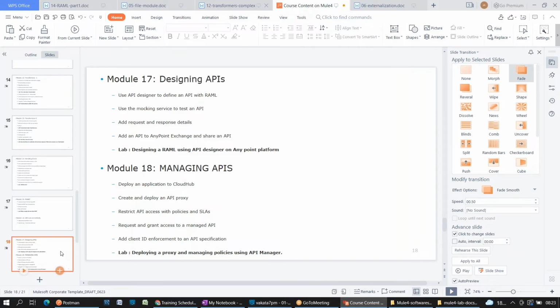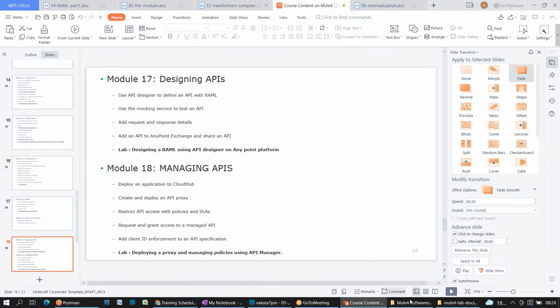Here we are going to talk about one banking application at the end. So we have some requirements from the bank in a text format that we are going to design. Design means what? Creating an API. First, we need to design the API. So how will we design the API? By using something called RAML, RESTful API Modeling Language.